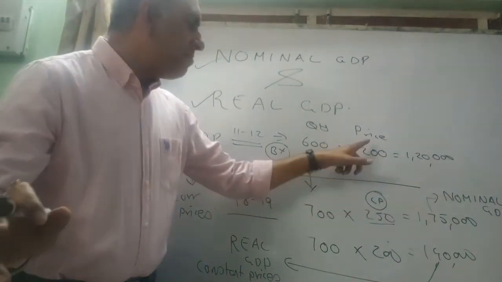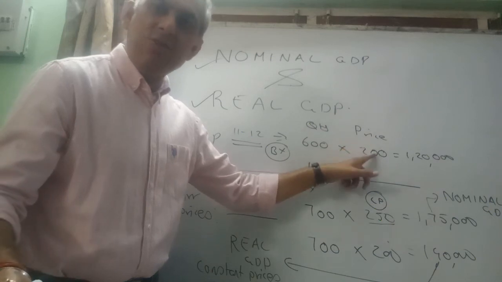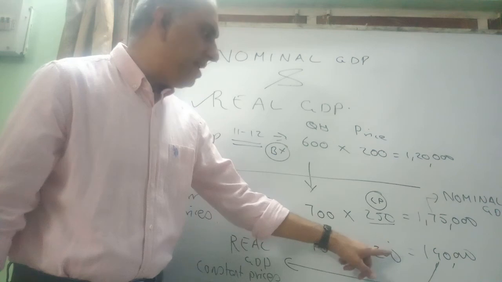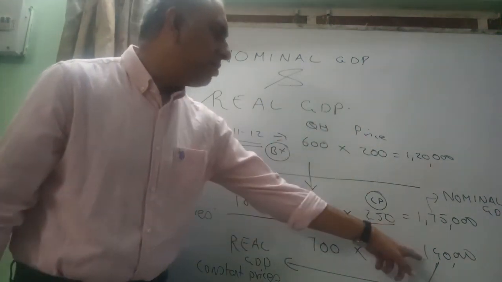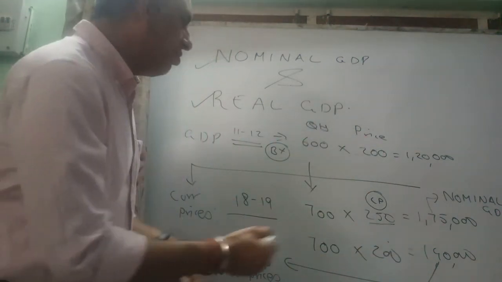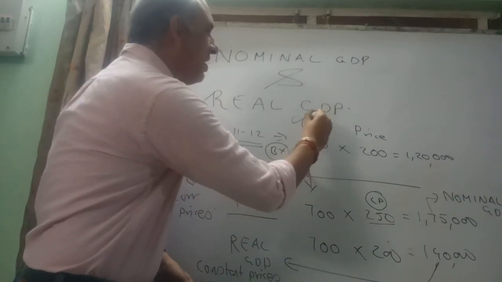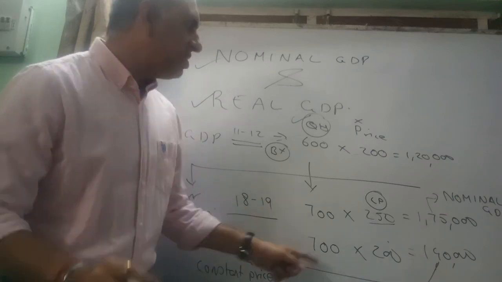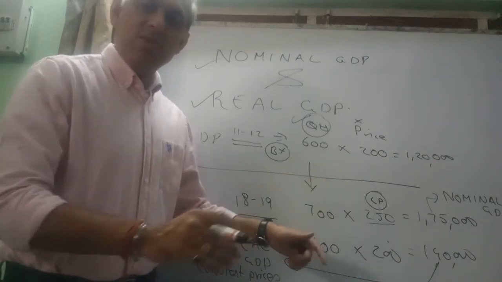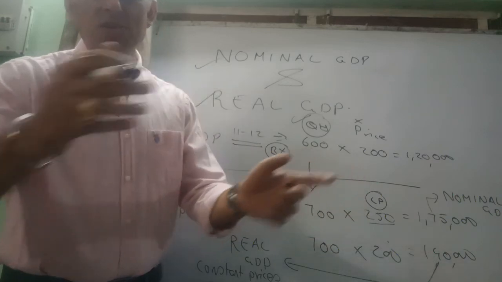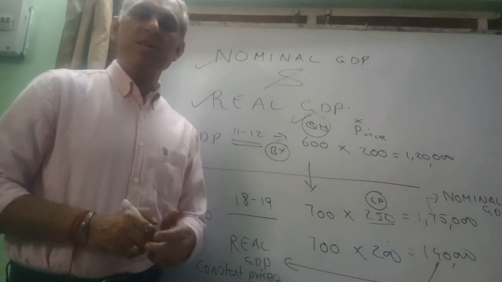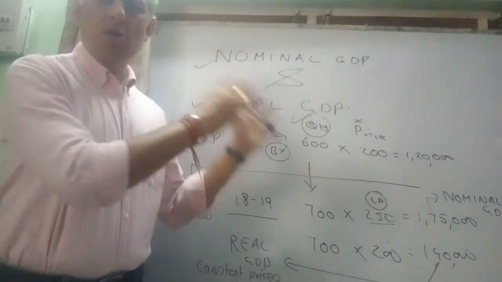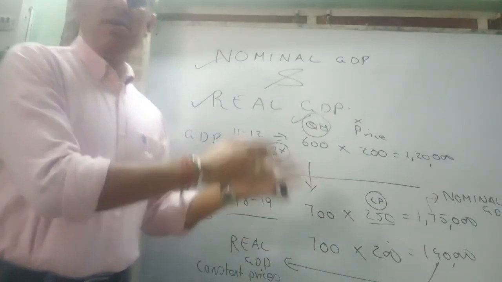In fact, the better way is that the prices of both the years, be it 11-12, the base year, or the current year, should be kept constant. And now, whatever the growth or increased value is, we know it is only because of quantity and not because of price. Am I clear? Remember, students, the base year is now changed. It is no longer 11-12. It has now been changed by the government of India, and it is much closer to what we are doing right now. I hope all of you have understood nominal GDP and real GDP.